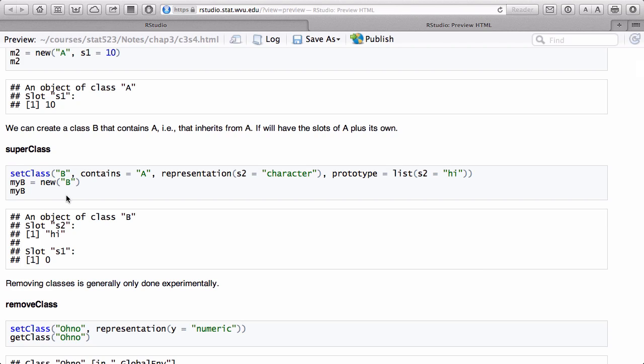So if I say set B and it contains A, that means that B inherits from A. And so in this case, we have another slot S2, which is character. And we specified a prototype of S2 equals high. So the question might be, okay, if we create an instance, set of new B, going back to,